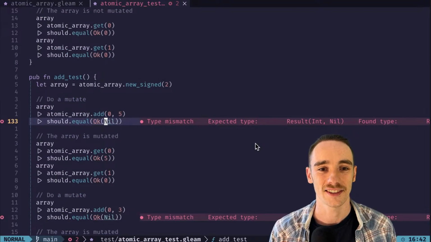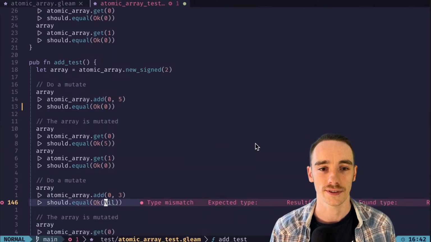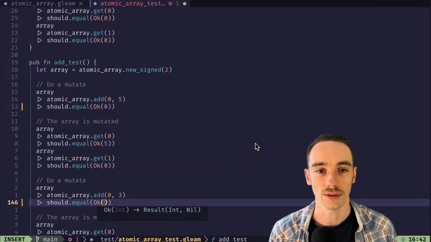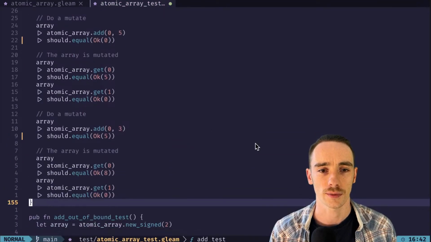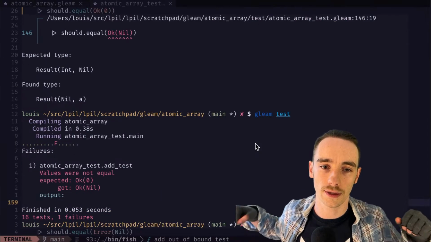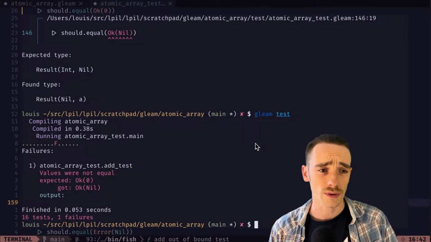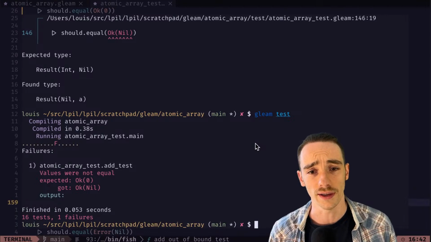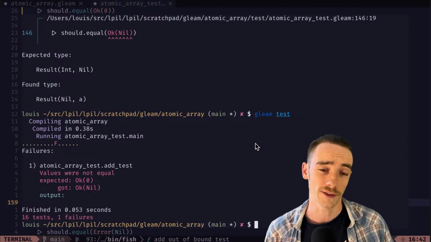So this should return 0 because it's the first one, and this one should return 5 because it's the second one. They do not. So even though it type checked, because this is using FFI, the stuff that's in Erlang or in JavaScript doesn't get